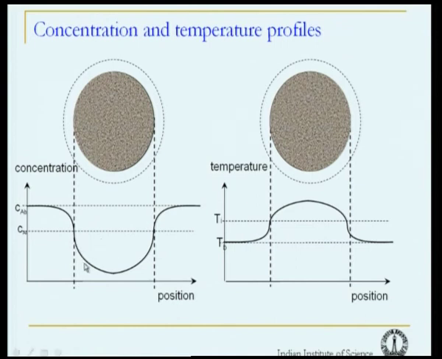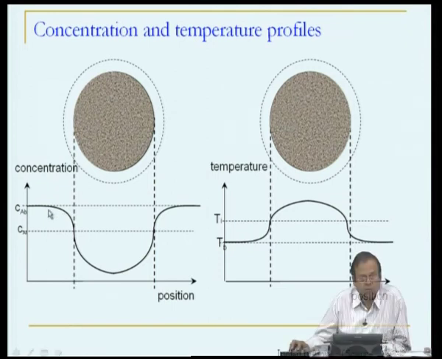Now, why is this concentration decreasing inside the catalyst pellet? Outside the catalyst pellet, the concentration decrease is only due to mass transfer, but inside the catalyst pellet, the concentration decrease is not only because of mass transfer, but simultaneous chemical reaction, because the reaction is taking place inside the catalytic pellet. So, we have to worry about reaction and diffusion taking place simultaneously. Same thing can be said about temperature.